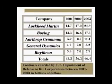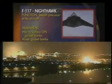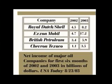And here we can briefly look at some facts in terms of the gains and profits that were made by armaments companies. We see that Lockheed Martin, Boeing, Northrop Grumman, and General Dynamics all increased their Defense Department contracts by magnitudes of over 30% in the 2 years after 9/11/01. We also see that oil corporations, Royal Dutch Shell, ExxonMobil, British Petroleum, Chevron Texaco, increased their profits by fantastic amounts